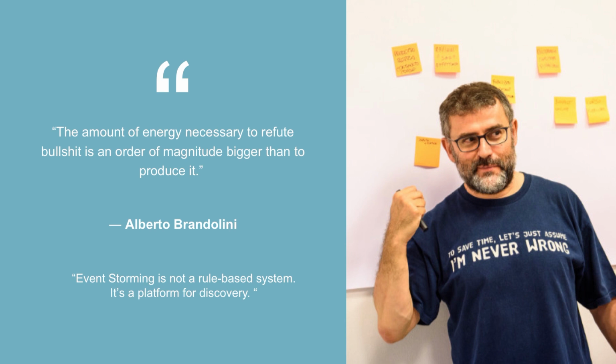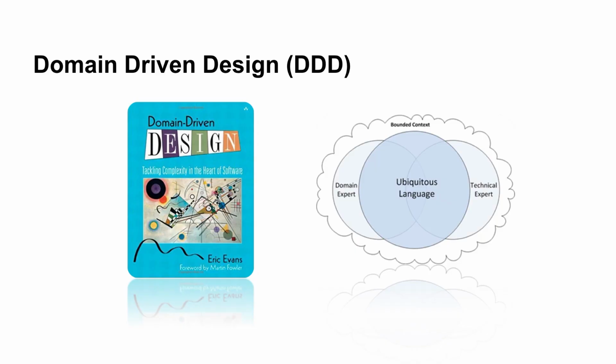So before we dig even more into the use cases of event storming and how you're going to do it, I just want to give you a bit more context on what it's coming from and where you can go with it. If you're not familiar with domain-driven design, it's a concept, or it was actually a book written by Eric Evans in 2003. So it's not really something new, but it's been around for a long time, and had a little revival in the last couple of years with microservices and event-driven architecture, where it fits very well.